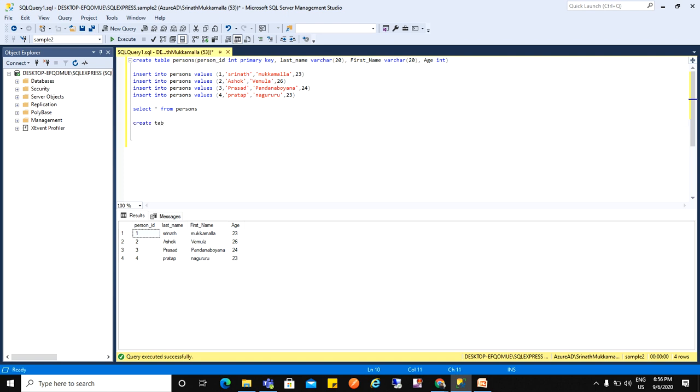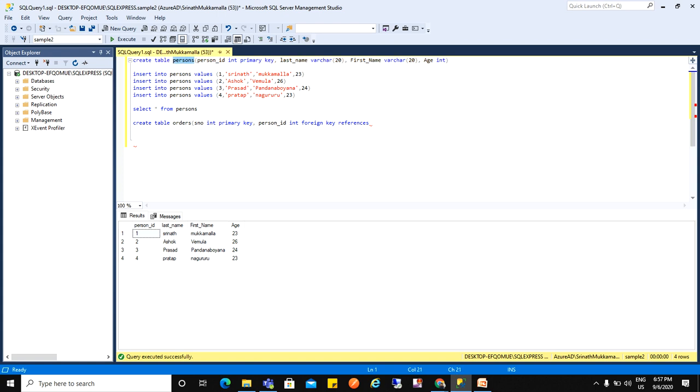Create table. We'll create orders. We'll create serial number int primary key, comma, person ID int, foreign key references.